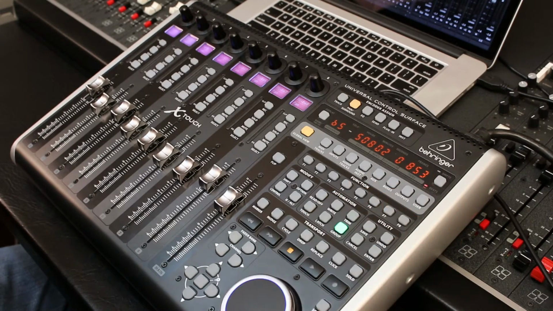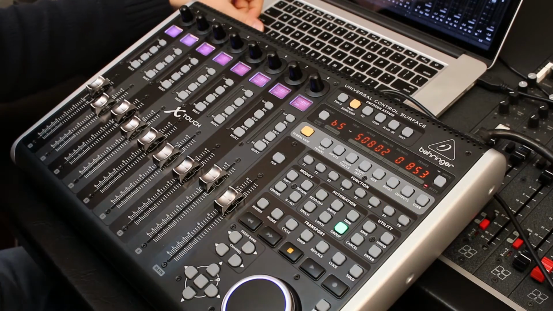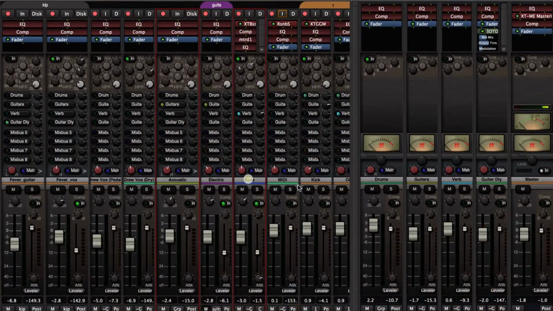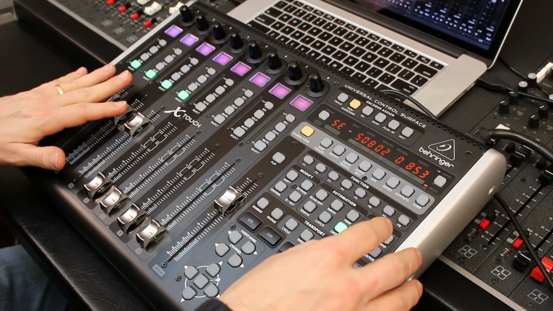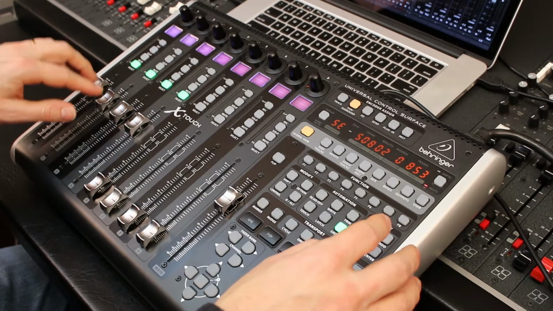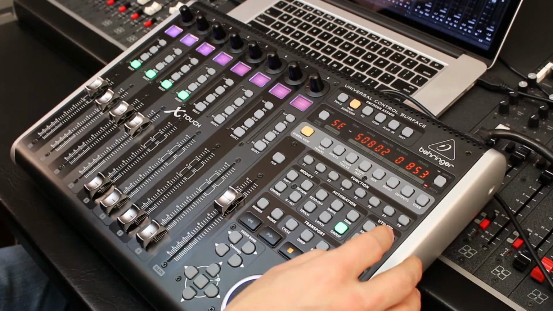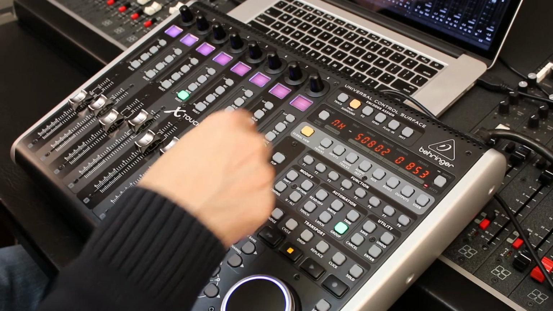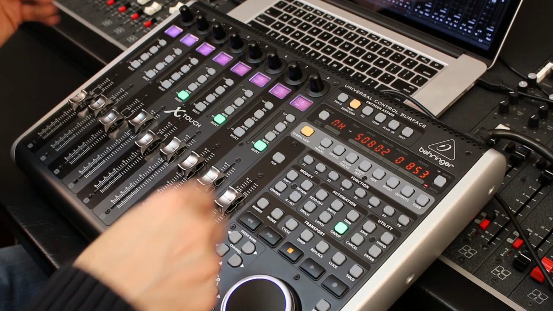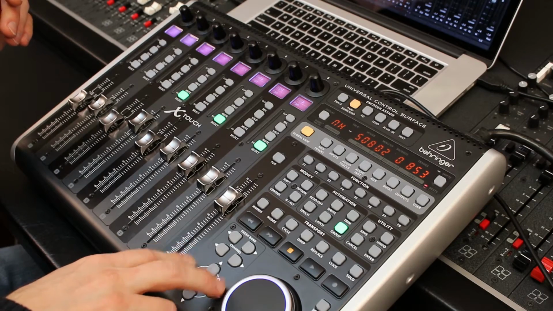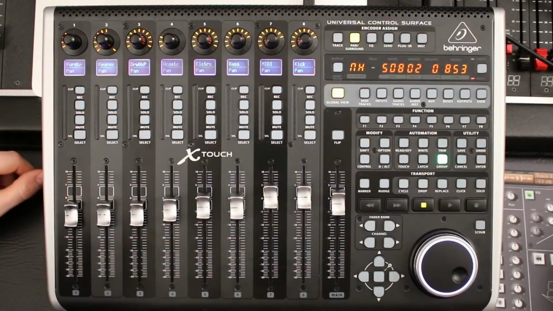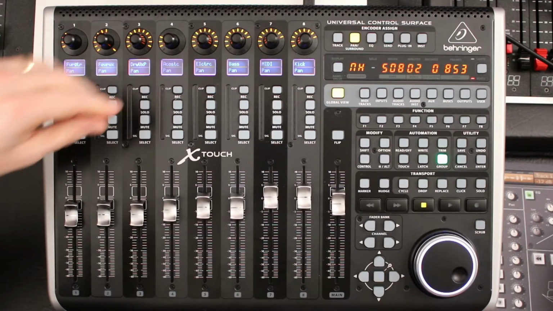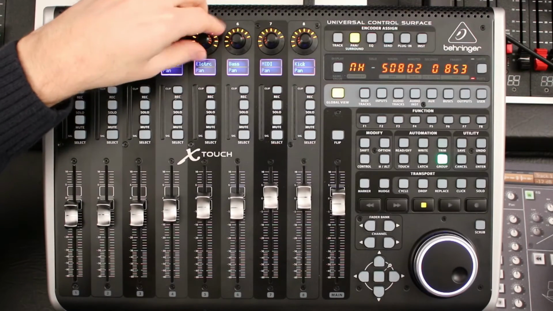And then there's a user selection. This one's kind of cool. I can actually go into the software and select a discontiguous set of tracks. I've got 3 tracks selected, so now when I press the user button, I've got my 3 tracks and the drums were in a group, so those got selected together. So I have 4 tracks here to work with. Global view returns me back to straight up channels, which I can navigate through using my channel and fader banking buttons.